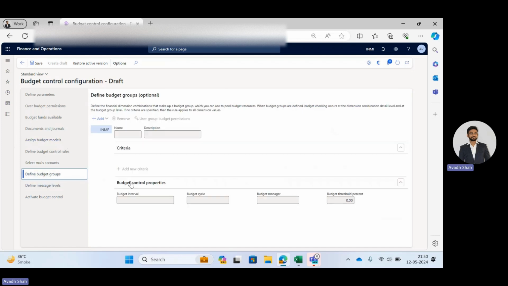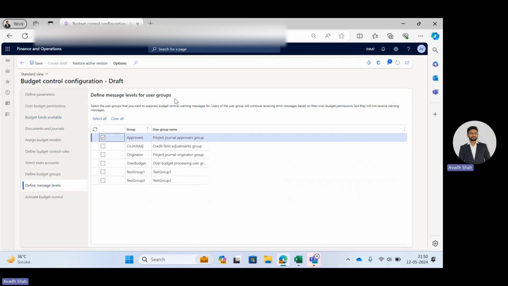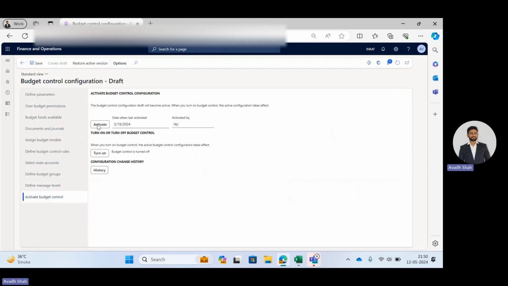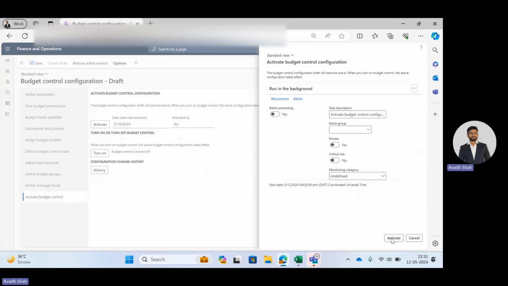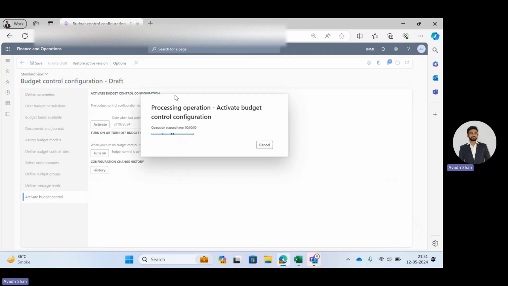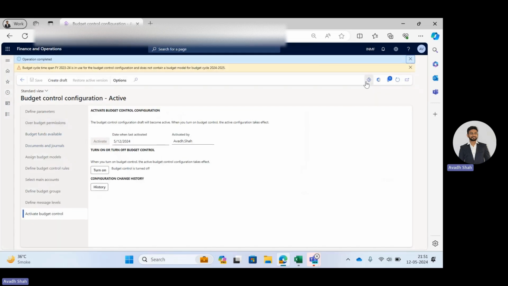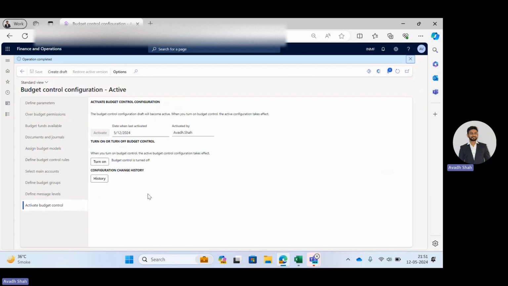Okay, then there is a budget group. Budget group is required at the time of group wise budget control. Then there is a message. If the budget is approved, then this message will come. And the last step is to activate this budget. After activating this budget, you need to turn on the budget. That's how you are able to do the budget control setup. So this is all about the